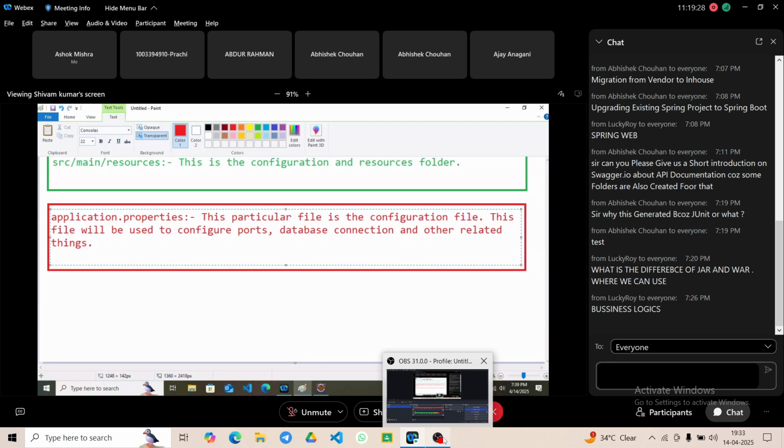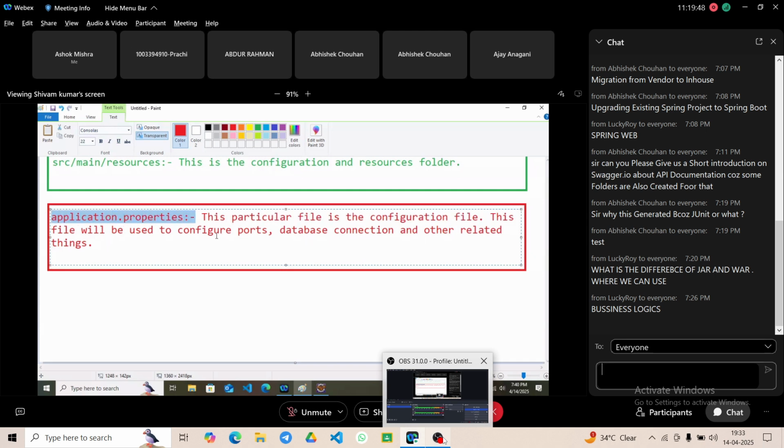In JDBC, you might have created one class in which you have provided the connection URL, driver class name, username for your database, password for your database. Here we will provide all those things in